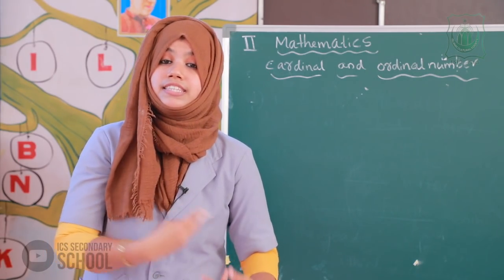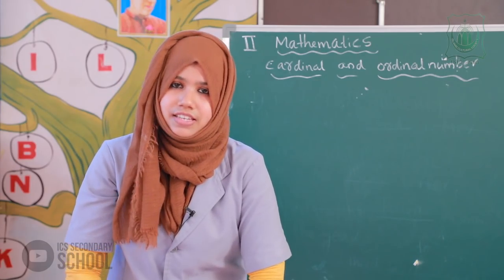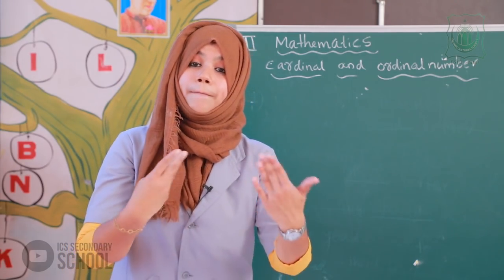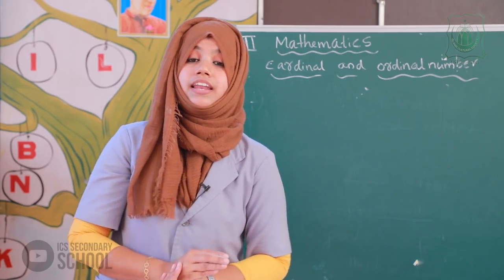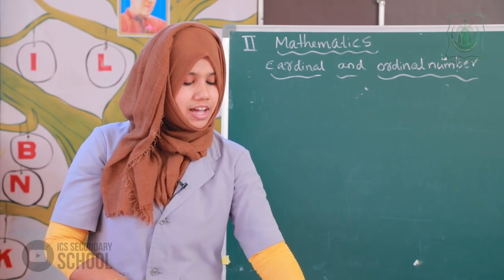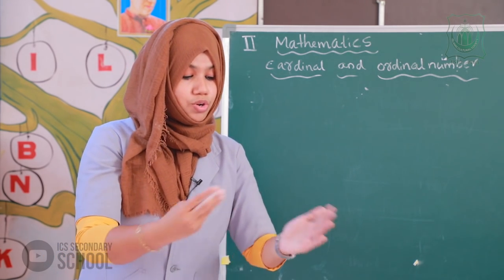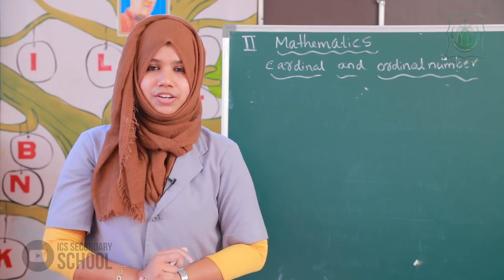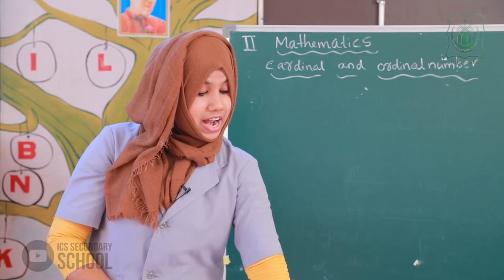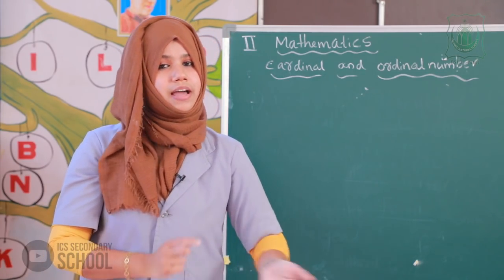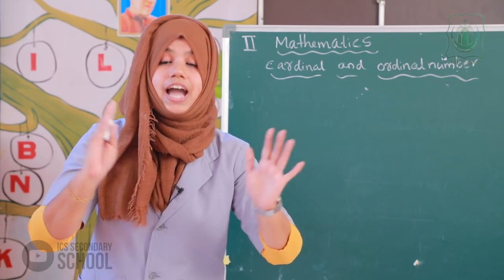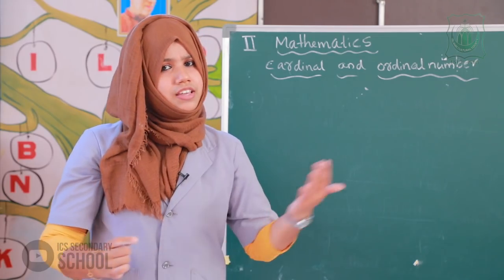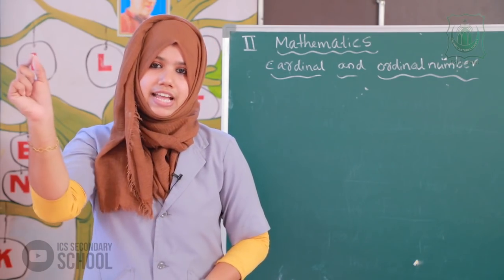Next is arrange these numbers in descending and ascending order. Okay. And then worksheet 2, match the number with their number names. There are 5 numbers and also their number names. You have to match them. Okay. Next one is write the ordinal numbers of these numbers. There are 5 cardinal numbers. You have to write the ordinal numbers. We studied about that, so write it.